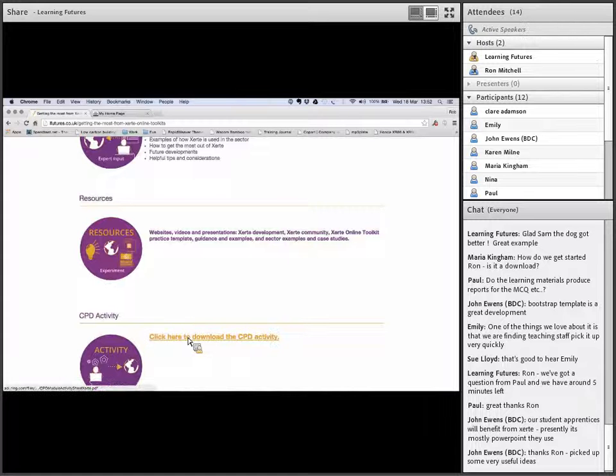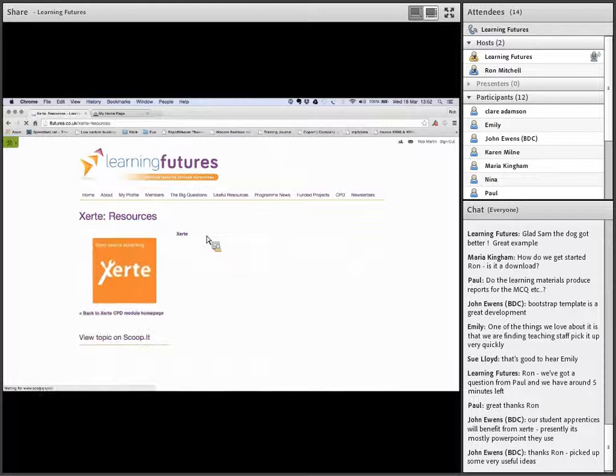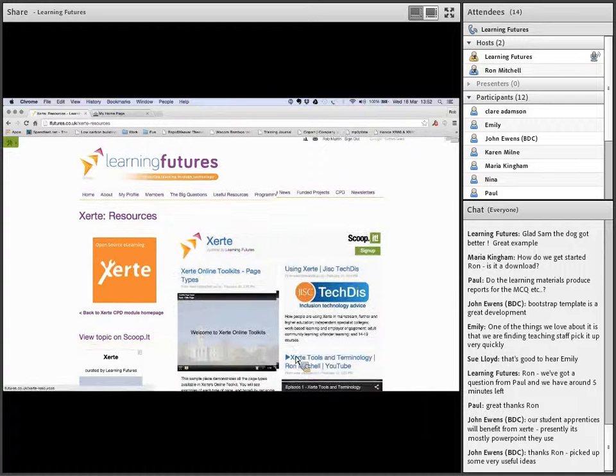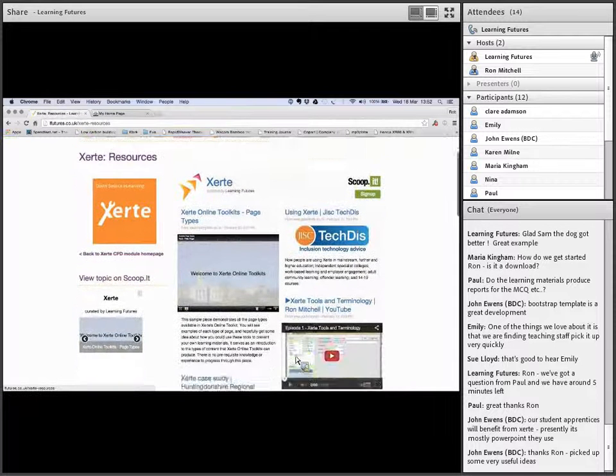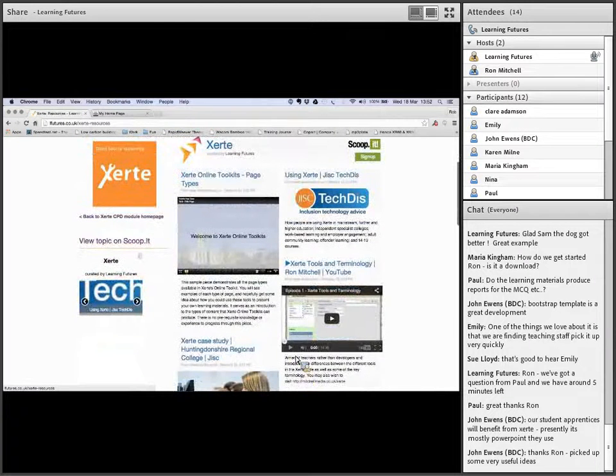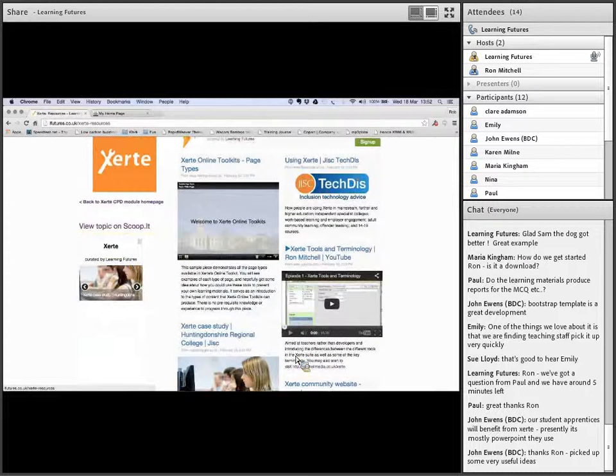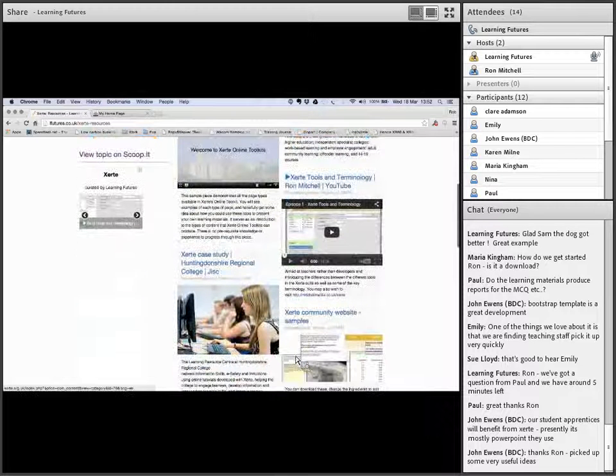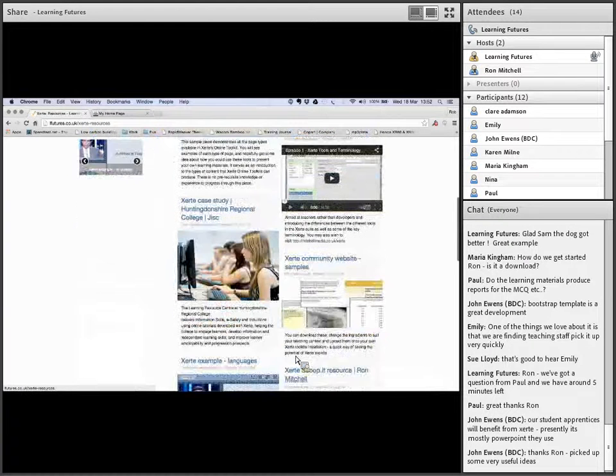So just to briefly show resources, some of the examples that you've seen already, you're going to see duplicated in this Scoop It bucket. So you'll see that we've had somebody spend some time online and hunt and search through all the stuff that's available to fine-tune and get to the stuff that's really helpful.